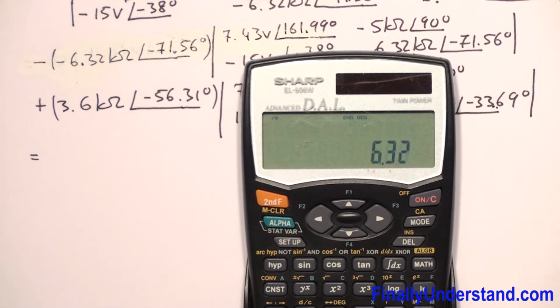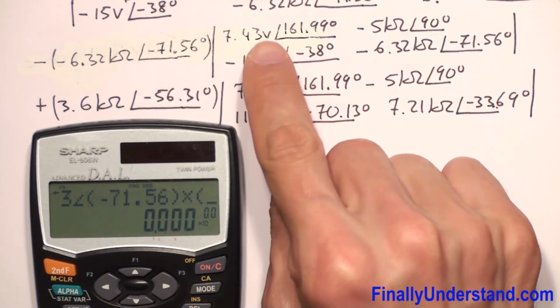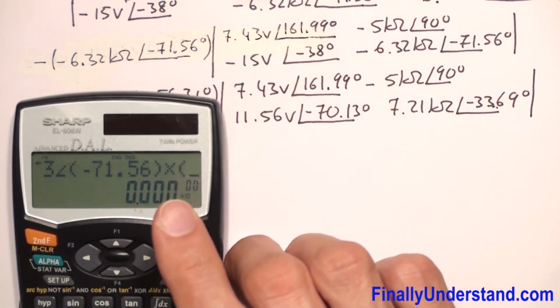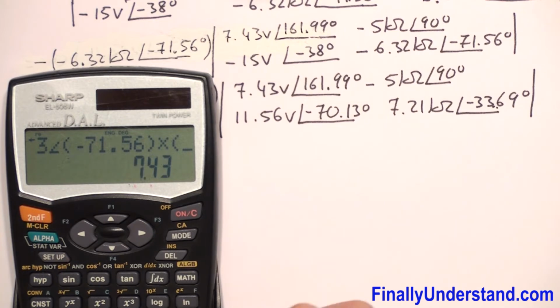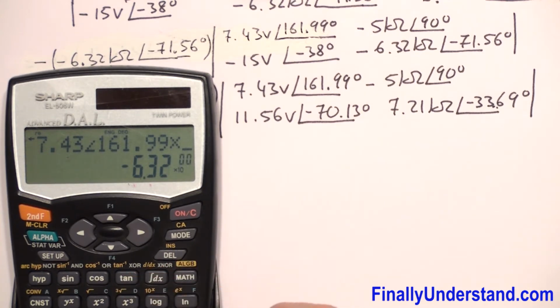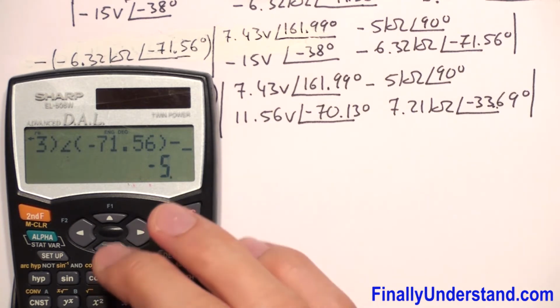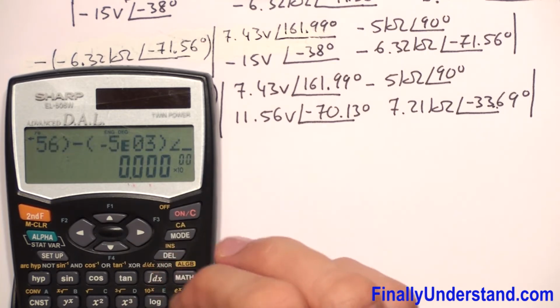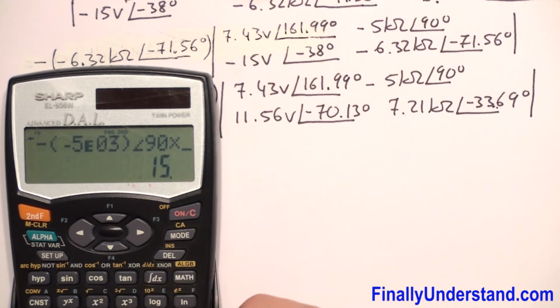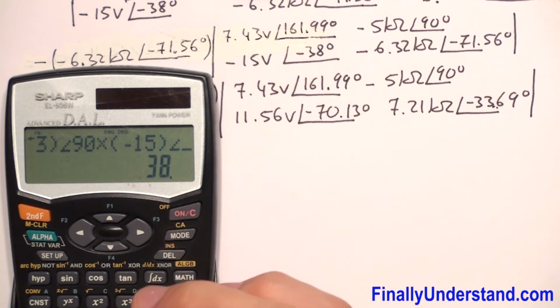I have 6.32 exponent 3 angle of negative 71.56, times open parenthesis, this times this minus this times that. So I have 7.43 and angle of 161.99 times negative 6.32 exponent 3 and angle of negative 71.56, minus negative 5 exponent 3 and angle of 90 degrees times negative 15 and angle of negative 38. Press equal,